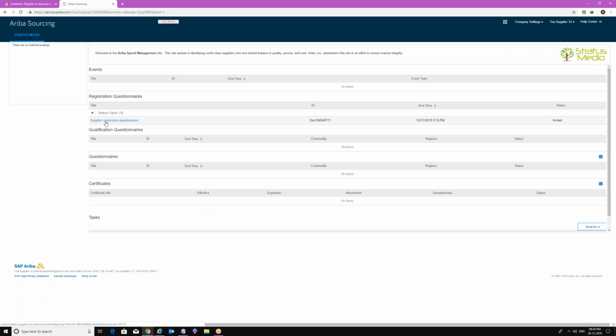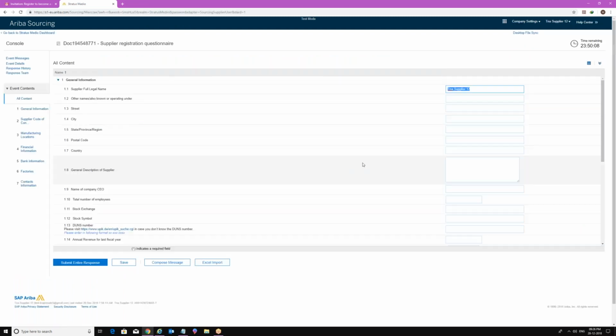Then you will be seeing the different kinds of questions which are also available over here, like new street, new city. I don't want to fill up everything over here, but some of the things I just want to fill up.